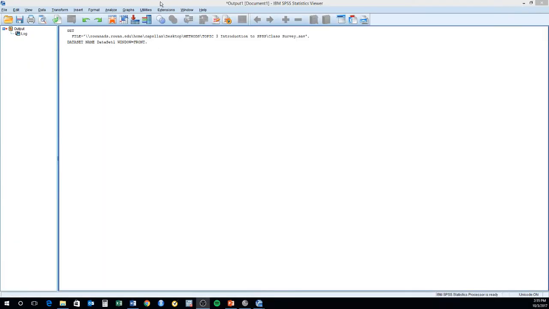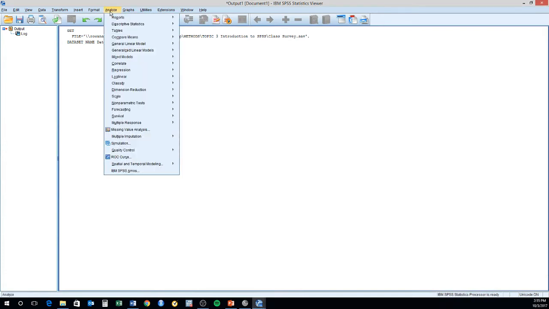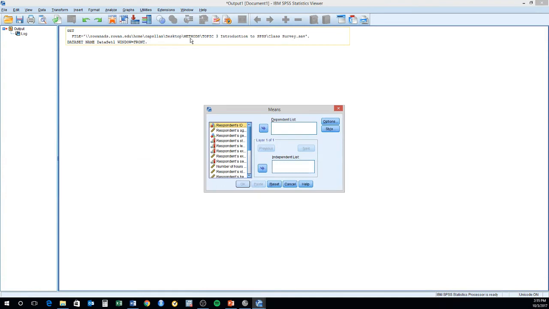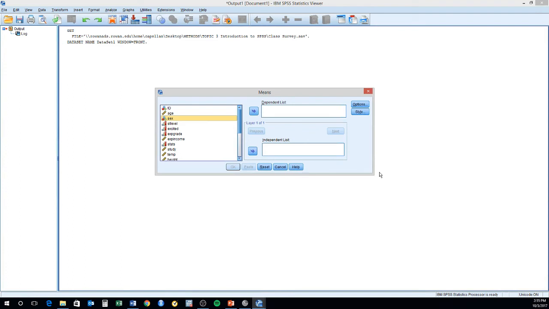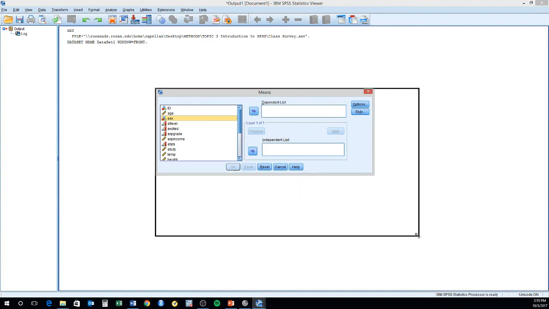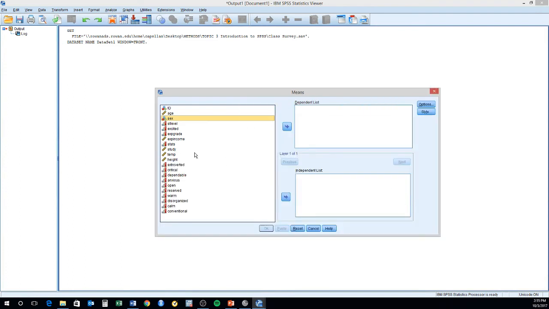So to compare means, you're going to go to Analyze, you're going to go to Compare Means, and this is where knowing which one is the independent variable and which is the dependent variable really matters, because sex is the independent variable and must go in the independent list. All right? And stats is the dependent variable and it must go in the dependent list. You click OK,